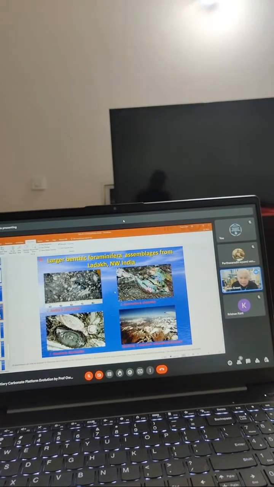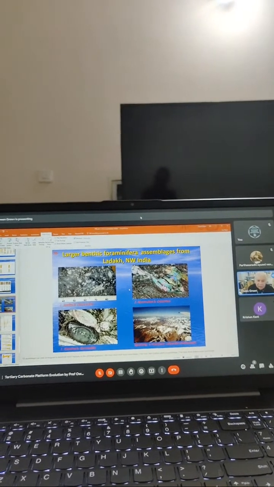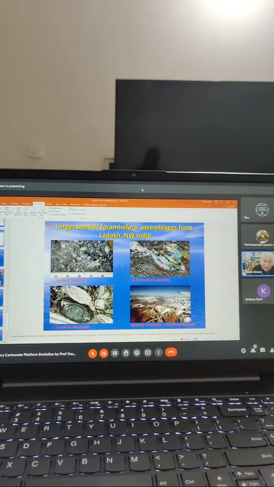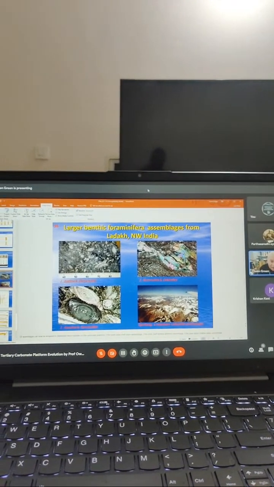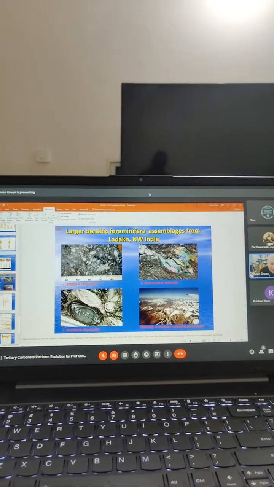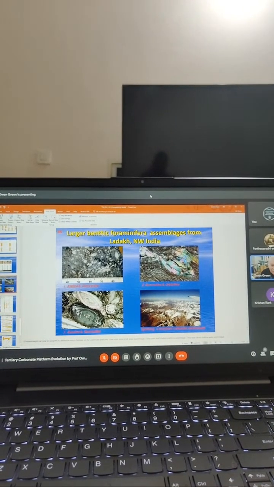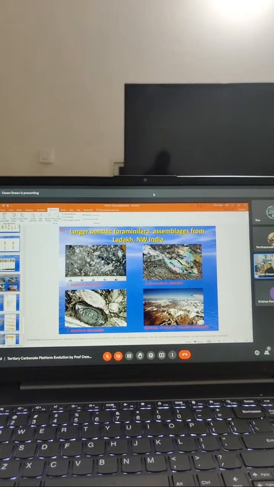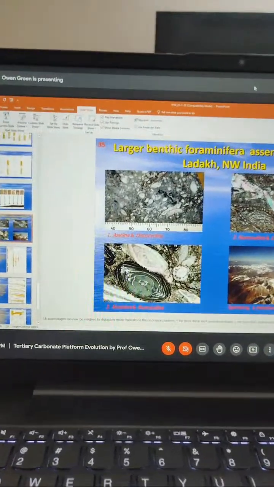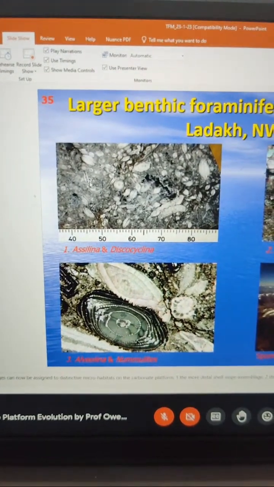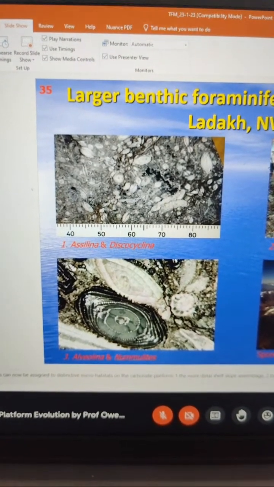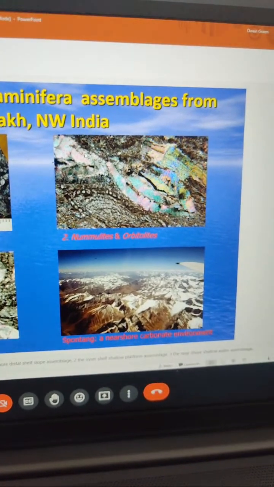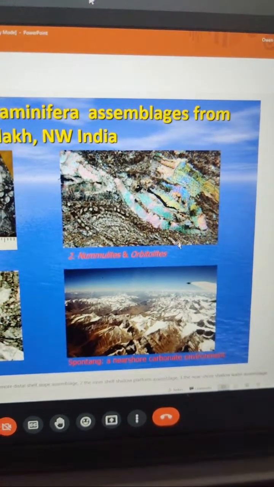So here's another quick look at some of the material, because it is so attractive when you look at it in thin section and in hand specimen. This is a hand specimen, a surface of a bit of the Kessie limestone here, absolutely packed with biota. I can see there's nummulites and alveolinids in here as well as discocyclinids and asolinids. And again, as I say, some of them show this sort of deformation that we're getting round here,